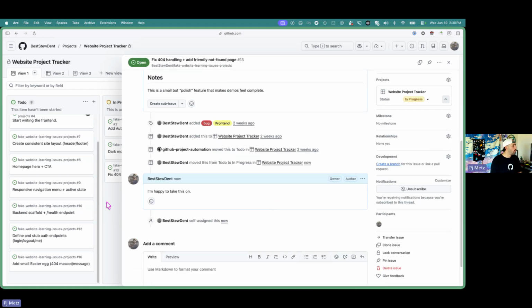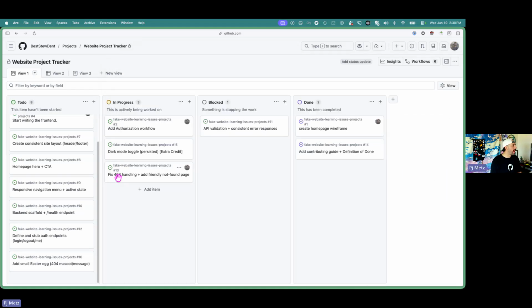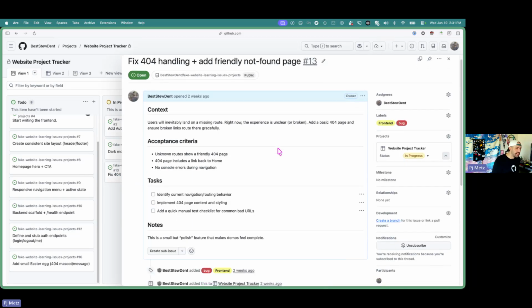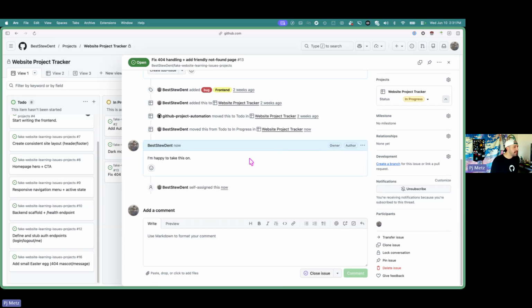Okay. So what I did is I was able to drag things around inside of this Kanban board. I'm able to click into each issue and I can very quickly read through and see what's going on. If you're a project manager and that's your job, this is the most valuable thing that you can have, is a way to look at what everyone's working on and to quickly go in and chat with folks and see what's going on.